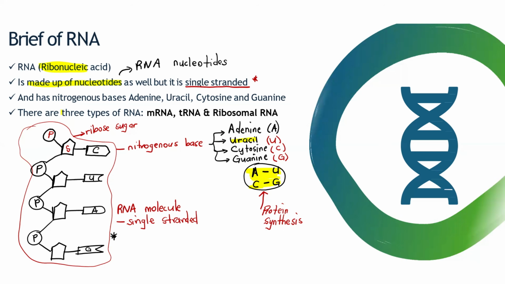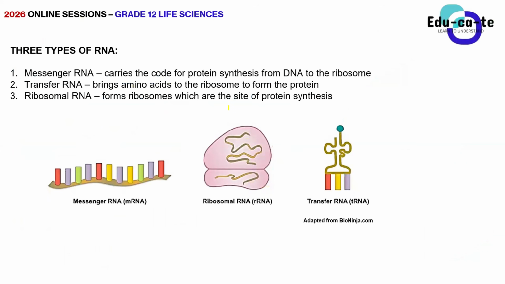So we've got three types of RNA. We've got mRNA, known as messenger RNA. We have got tRNA, known as transfer RNA. We have got rRNA, known as ribosomal RNA. Let's look at them one by one and how they look. These are the three types of RNA that we have. These are the shapes that we'll always use in the diagrams and in the exams. The exams will never give you any other shape different from these ones. It's more like the stick diagrams that we use for RNA.